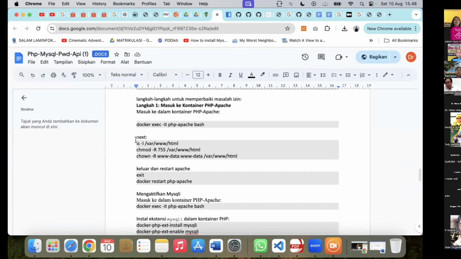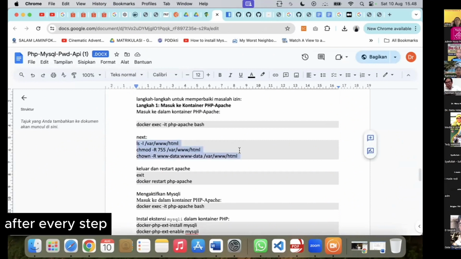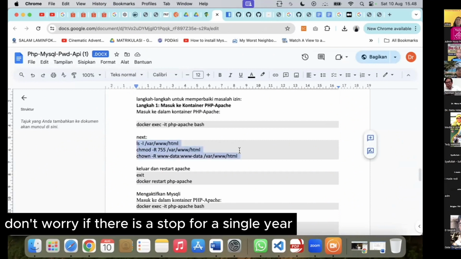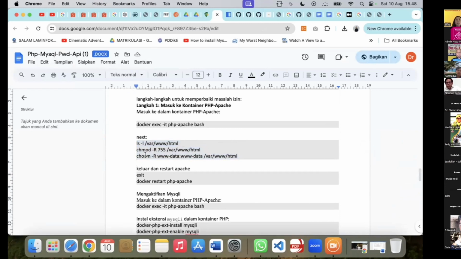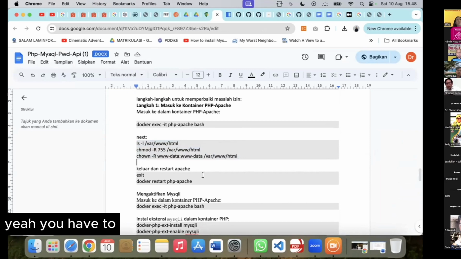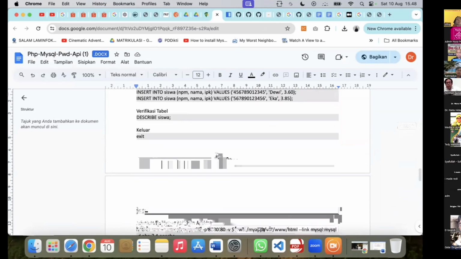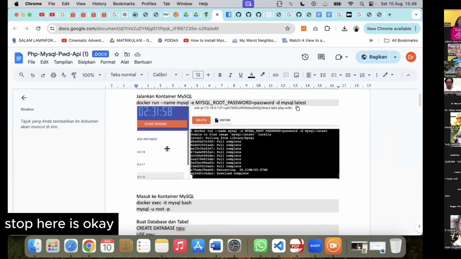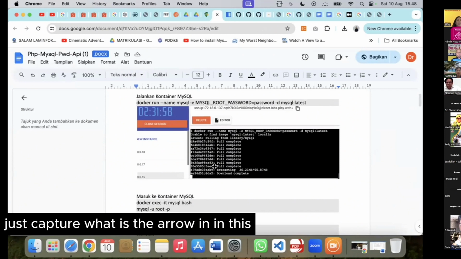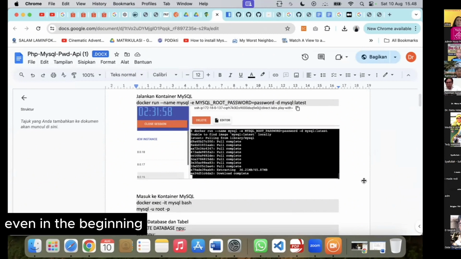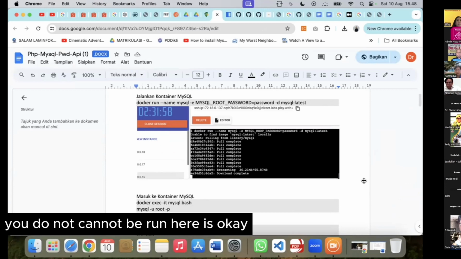And capture every step. Don't worry if you get stuck. For example, here you have to stop, and that is okay. Just capture what the error is. Even if in the beginning you cannot run it, it's okay.